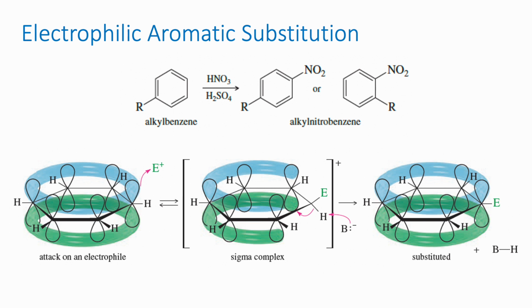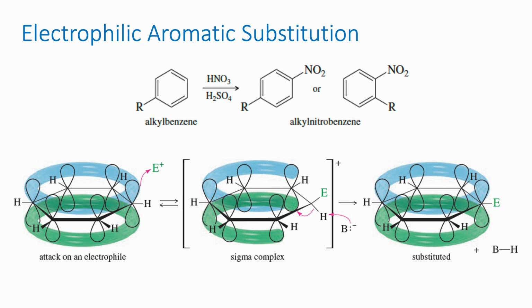And so when you see these reaction terms written as electrophilic and nucleophilic aromatic substitution, just remember that for me anyway, it always seems counterintuitive. I always want the electrophile to be the benzene ring or the nucleophile to be the benzene ring, but it's actually the other partner in this reaction that the name is referring to. And so if we look down below, what we can see is that we have a benzene ring, in this case an alkyl benzene with an unspecified R group, let's just call it methyl, for example. And if we react this methyl benzene, remember the common name is toluene, with nitric acid and sulfuric acid,